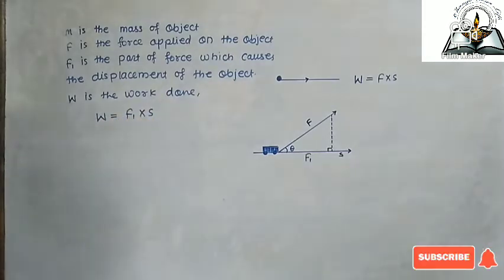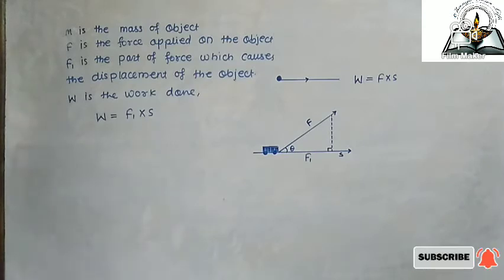It means that when the force is applied on the object, then the displacement takes place, and F1 is the force or component of the force which causes the displacement of the object. So obviously W is equal to F1 into S. So if we consider that the force F is applied in a tangential manner, and the displacement takes place in a horizontal manner, then by using trigonometry,